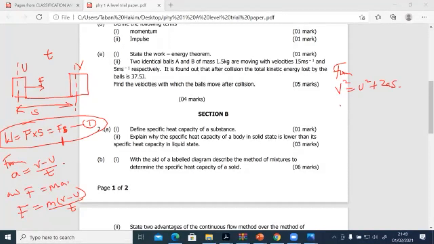It implies that, making S the subject of the formula, S will be equal to V squared minus U squared over 2A. So if this is my equation Roman 1,